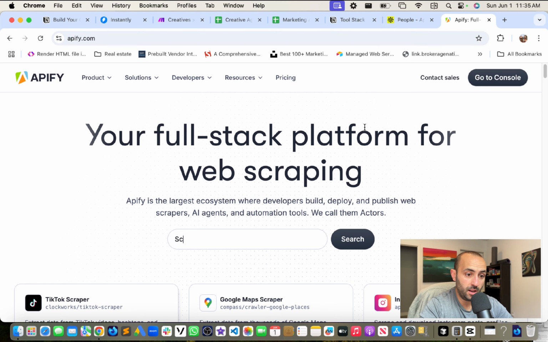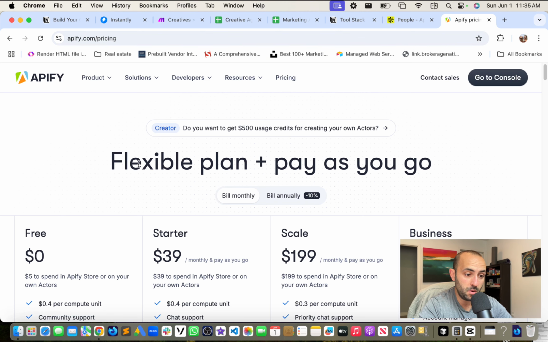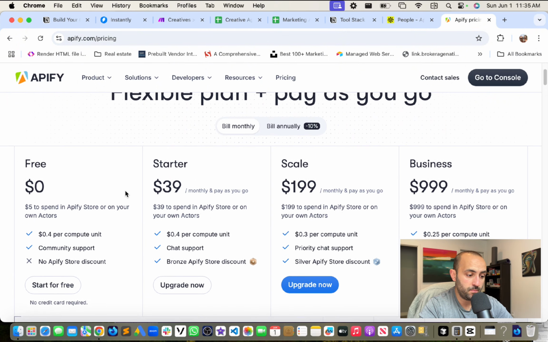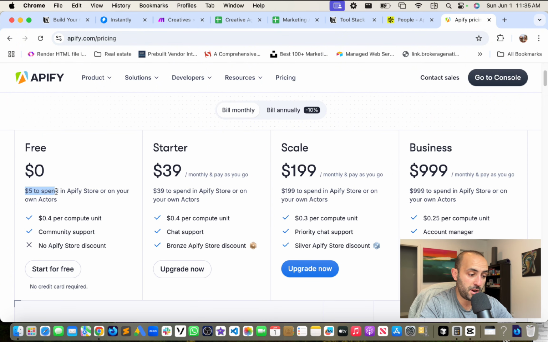Now, like you saw on Apollo, it's a paid plan that starts at $79 a month. For Apify, you can have a free plan with $5 of spend. I believe it's 120 or 150, for some reason I can never remember that number. But we basically have 3,000 leads or more for free. But the problem is with the actor that we're going to use, it often doesn't let you scrape them on